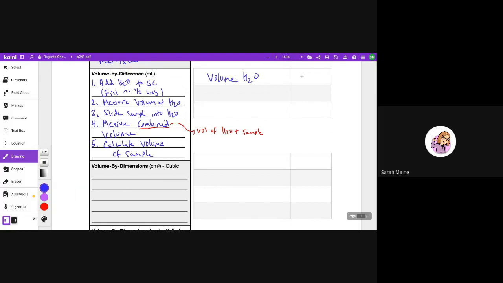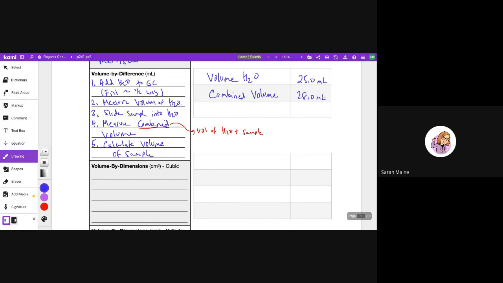And maybe we start off at 25.0 milliliters. The next thing that is measured is the combined volume. So I might simply just put combined volume. And so maybe this is